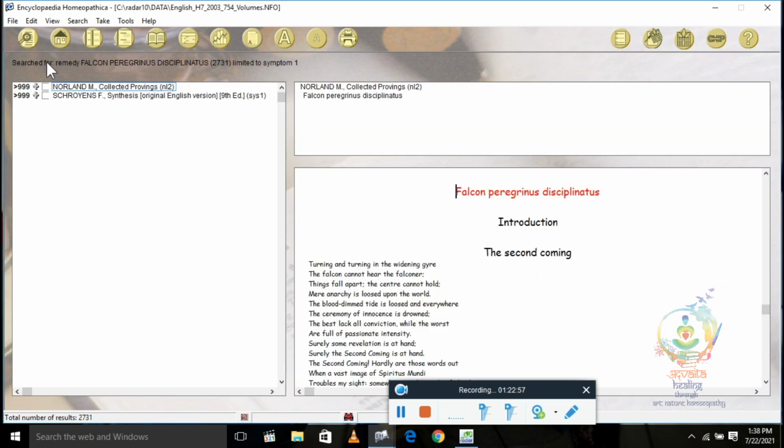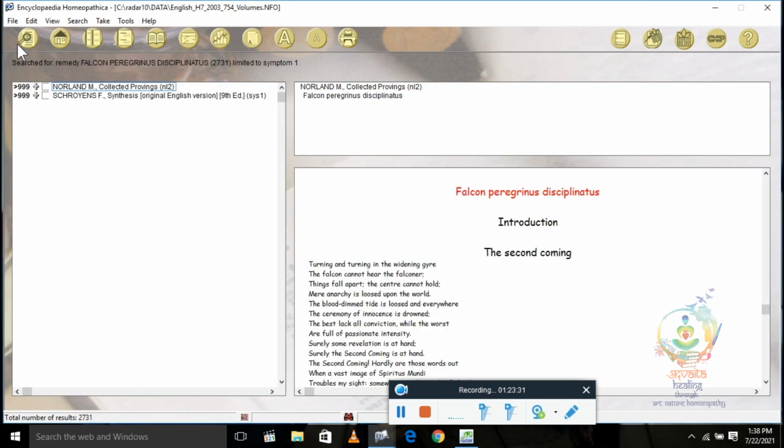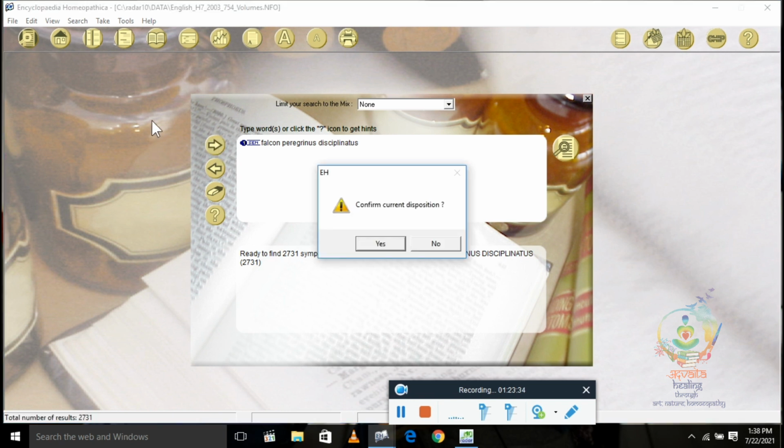So even the old software contains more than enough references for beginners as well as practitioners. Once your practice gets established, you can directly buy Mac Repertory or Reference Work or any available high-end software, but I found that Radar is a more user friendly, more student friendly edition. Okay, so these are all the features of Radar. Hope I haven't missed anything.